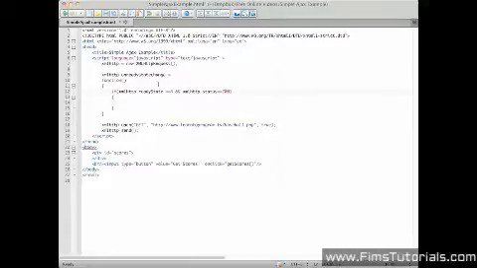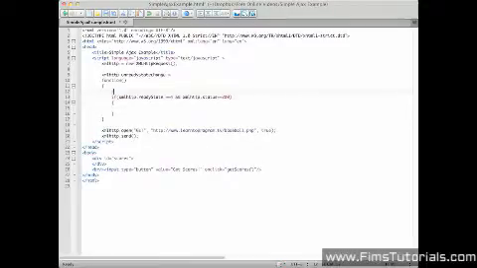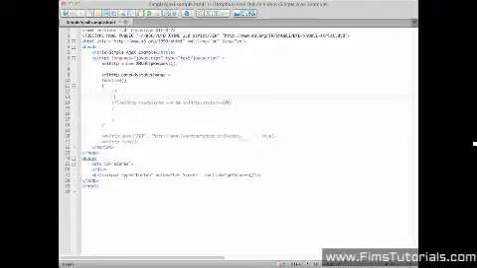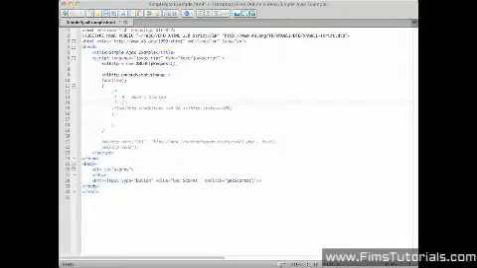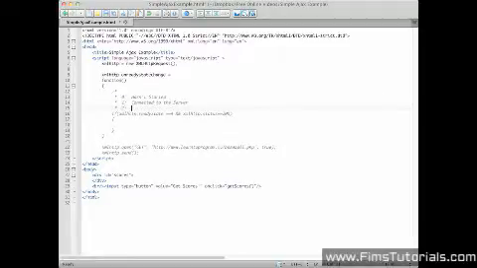Now, by the way, when it comes to these statuses, there are 4 of them, and you should be aware of them. I'm going to put those in comments here. So the first one, actually there's 5, 0 counts, I guess. That status means that the request to the server has not been initialized yet, so the request hasn't started. Status 1 is one of the intermediary steps, and that means we are connected to the server. Status 2